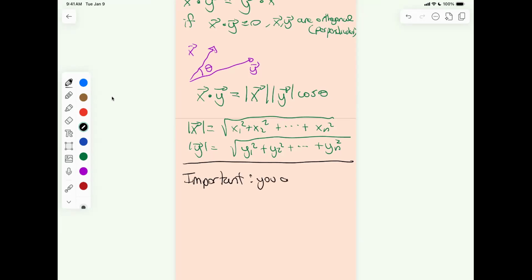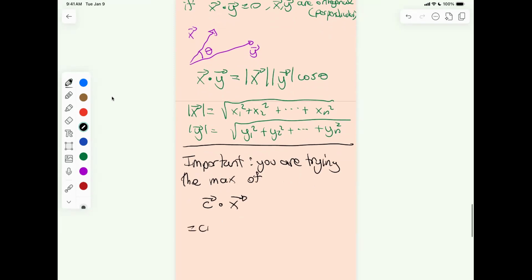You're trying to find the max of c dot x. Again, this is c1 x1 plus c2 x2 plus c3 x3 plus up to cn xn,